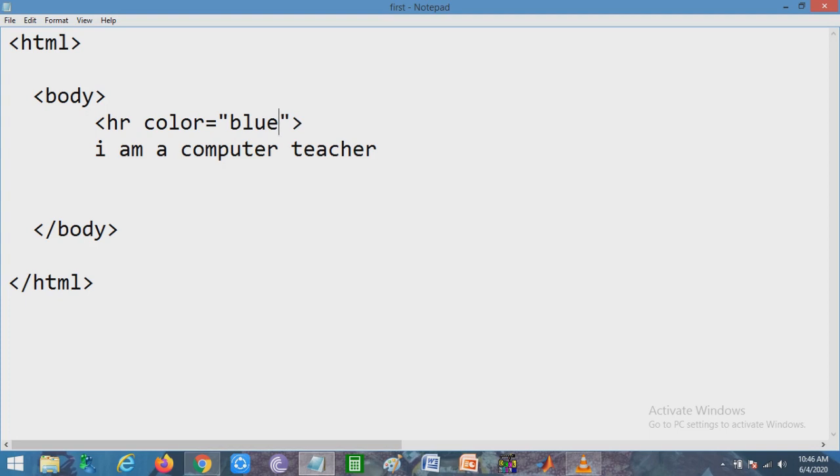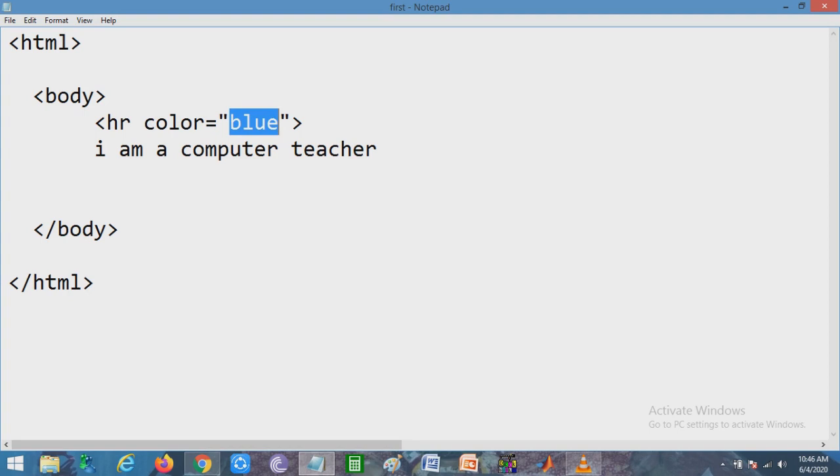So we have mentioned the color blue. Okay, so look at the example here. Whenever we are using the tag attributes, we have to use it in the start tag, not the end tag or the stop tag. So here color is the name and blue is the value.